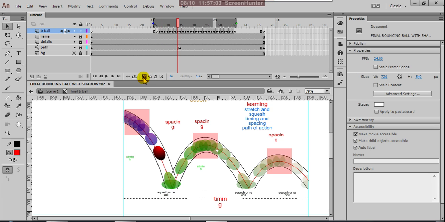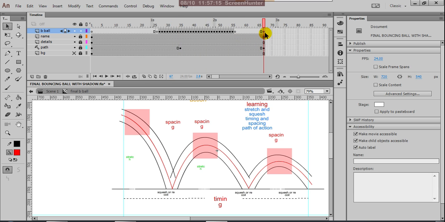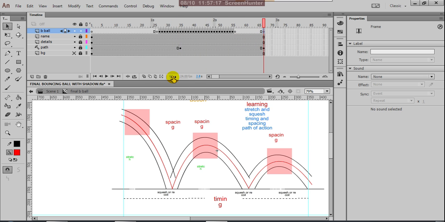So finally, with all the blank frames and ball frames and again empty frames, it is taking 67 frames. 24 frames per second.